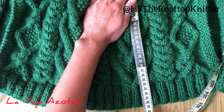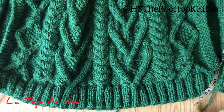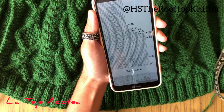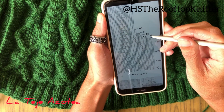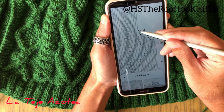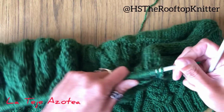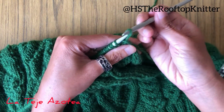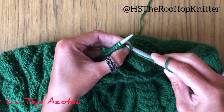At 38 centimeters long, let's start shaping the armholes. So for that, I will close 4 stitches in the first row, then after 2 rows will be 2, 2, 2, and finally 1. So in total it's going to be 11 stitches. So let's start. So the first row is going to be 4 stitches. That's 1,